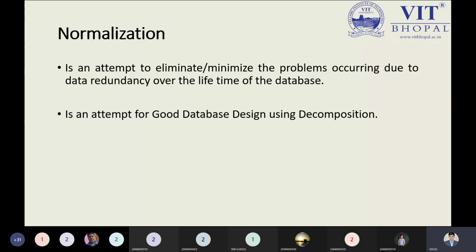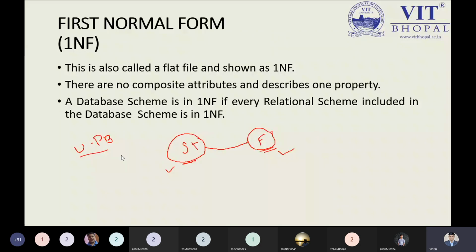Now here you can observe decomposition. That is a big point. That is the point where I explained lossless and lossy decomposition. If you are not aware of lossless and lossy decomposition, then how can you say we are getting the actual data, or multiple copies and duplicacy, in our relation? That is the point where we start our first normal form. So here we have the first normal form. Now what is the first normal form?